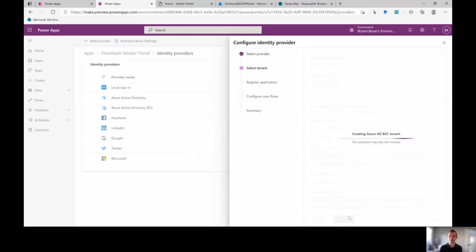Make sure you've got that set up correctly when you choose to create your B2C tenant. All right, so it's creating the tenant in the background in Azure for us. If you don't have permissions, it will say it across the top here. I have seen an error here where it says I don't have permissions, but it was just because I did